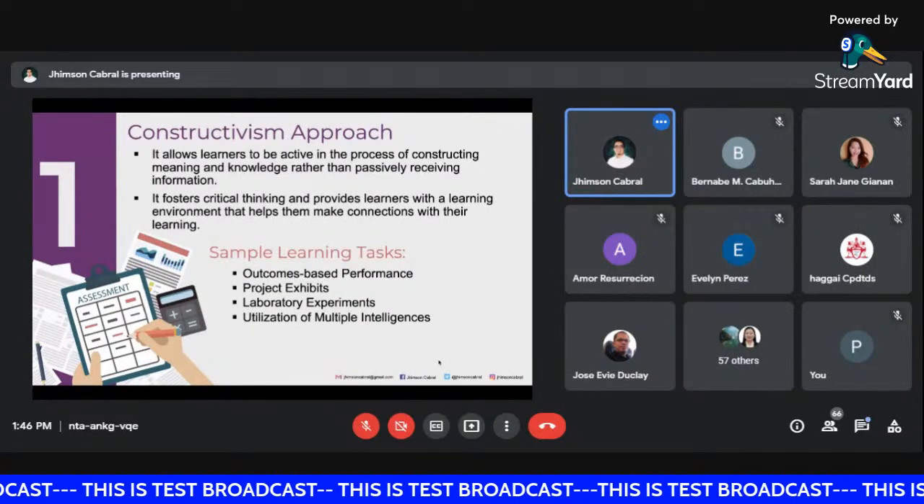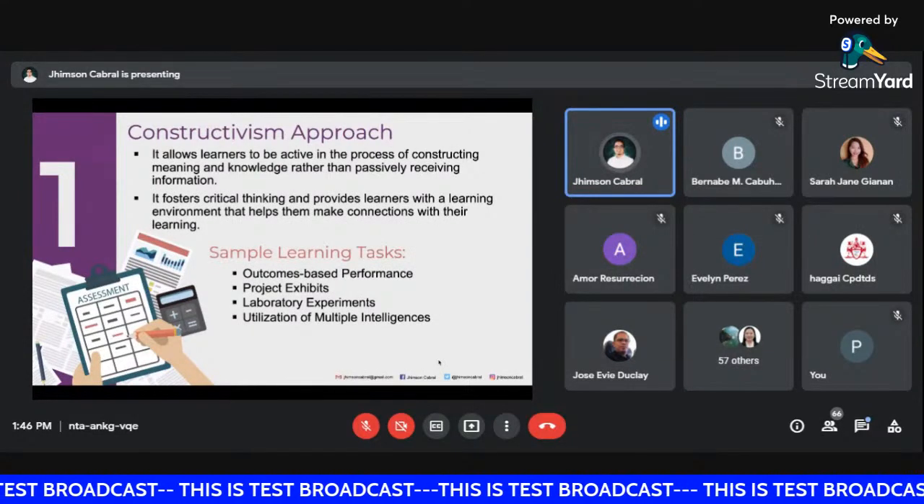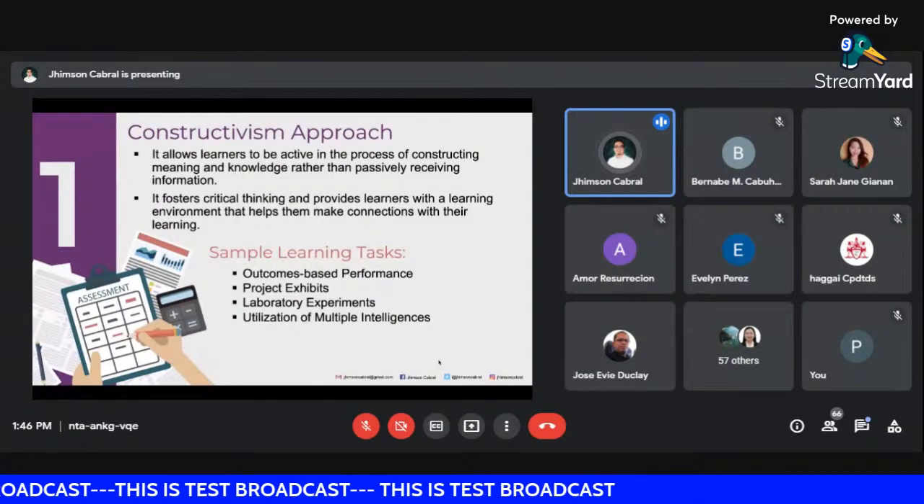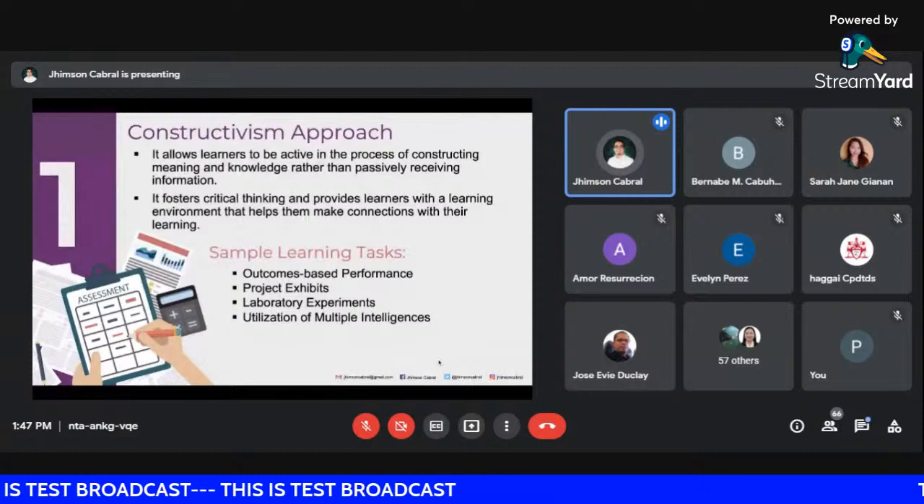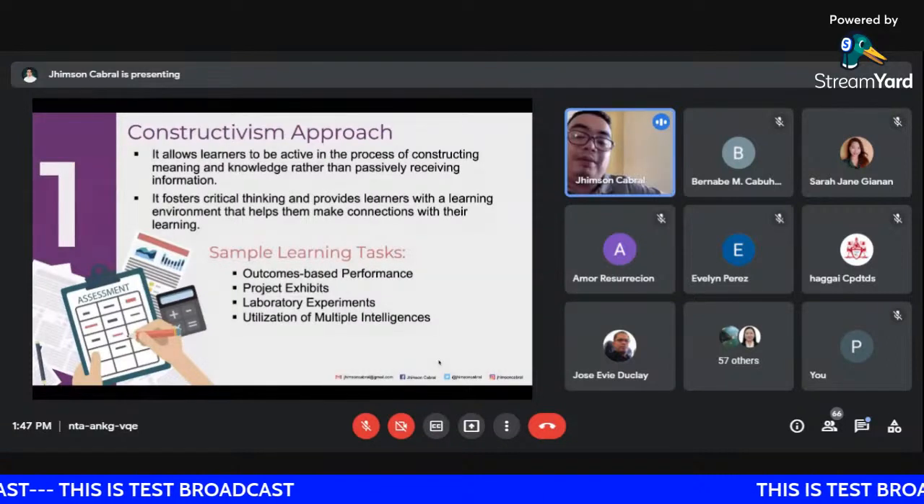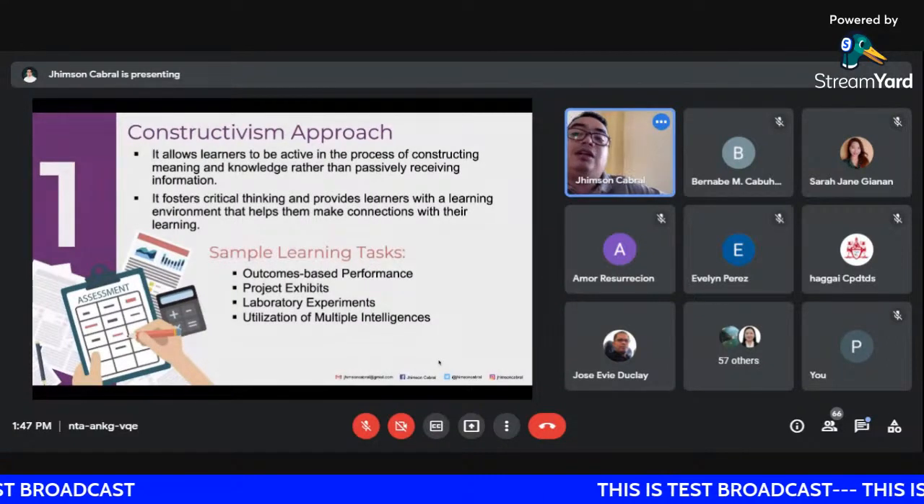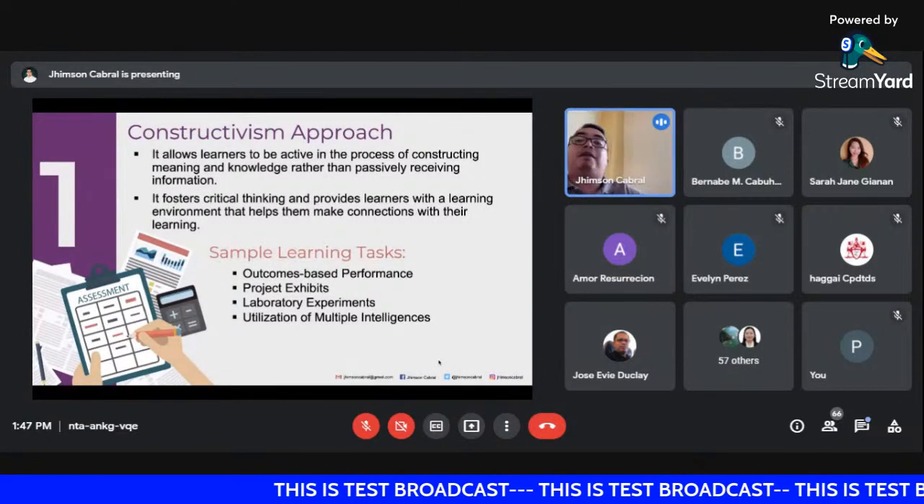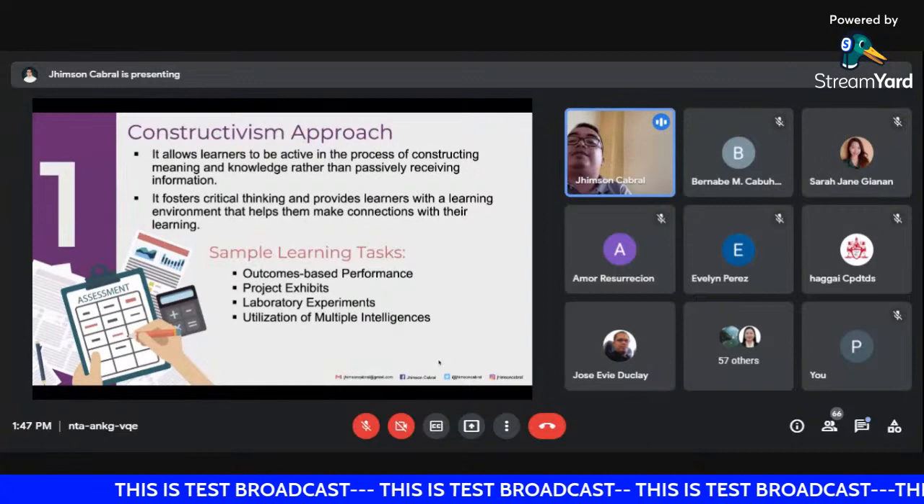The next one is, we can also ask our students to utilize multiple intelligences. Halimbawa, instead of asking your student to plainly report the topic, you divide the class into several groups and ini-assign mo, sino gustong sumayaw, sino gustong kumanta, sino gustong tumula. You utilize multiple intelligences, based on the preference of your